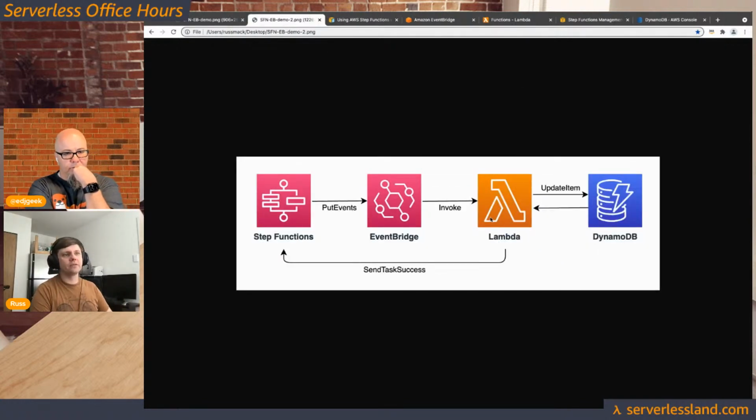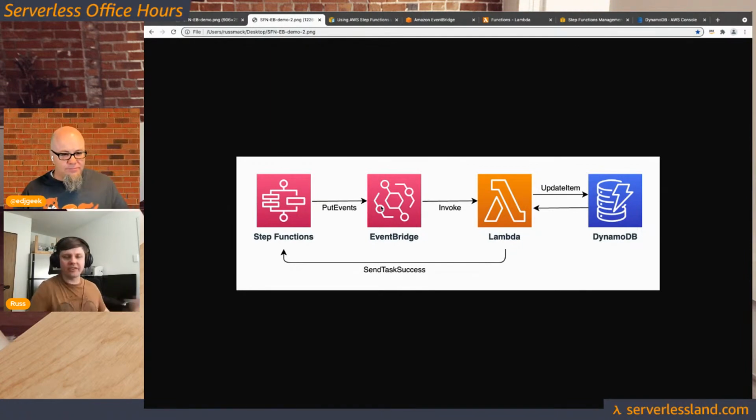So then in that Lambda function, we're going to keep track of something that's happened, and just count up by storing it in a DynamoDB table, and then we're going to use the, it's got a hilariously long public name, wait for a callback with the task token, which colloquially we call wait for task token because that's the little suffix that you put when you actually type it into the Amazon States Language. So in that style, the workflow is going to make this call to EventBridge to put the event,